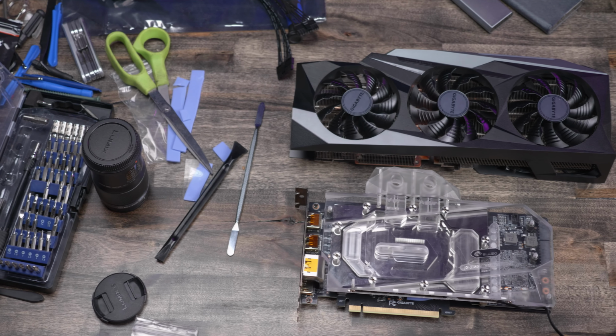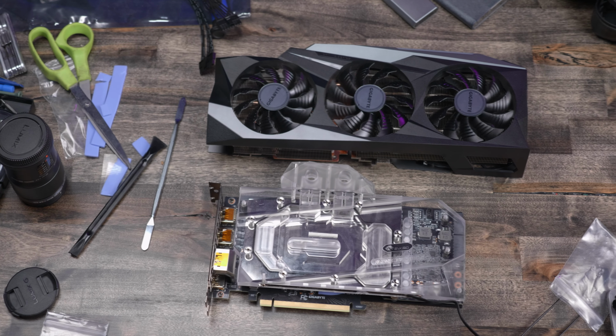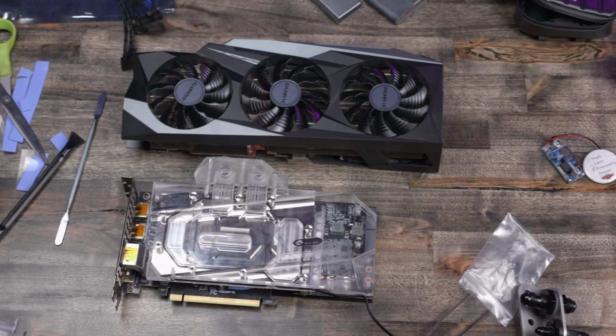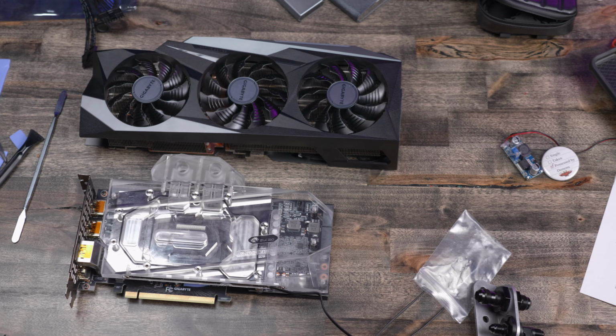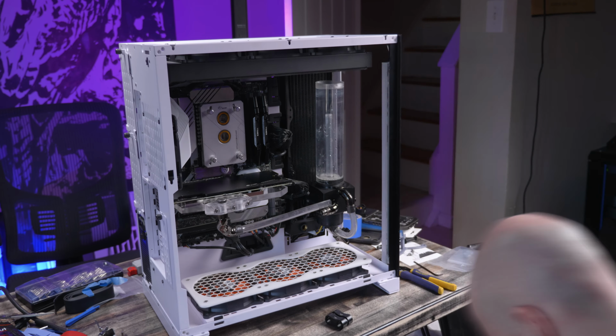And here's a comparison shot of the newly assembled RTX 3080 with the Bykski block on it and the 2.5 slot triple fan cooler that the card came with. It's so interesting to me to see how big the coolers are on these 3080s and how little the card is in comparison. Alright, now it's time to actually put this card back into the system and get it plumbed